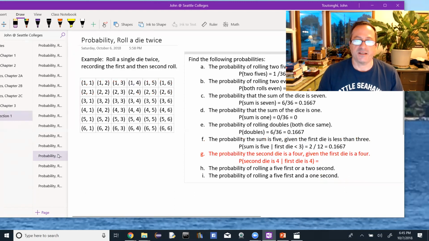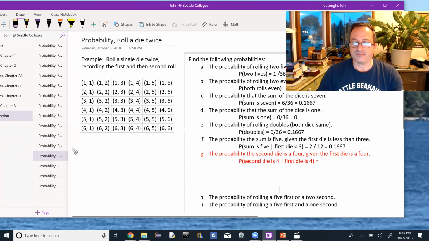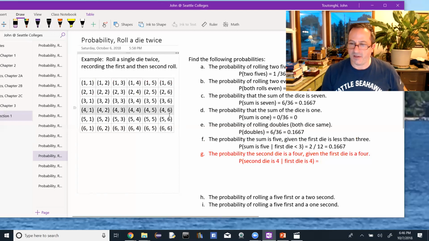Good. Going on, the next one is also conditional probability. The probability the second die is 4, given that the first die is 4. So now I want the second die to be 4. That notation is second die is a 4. The given, I use a vertical bar, given that the first die is 4. So what happens first? The first thing that happens is that the first die is 4. We want to know what's the probability the second die is 4 if we know the first die is also 4. So now, again, I set up a fraction bar,